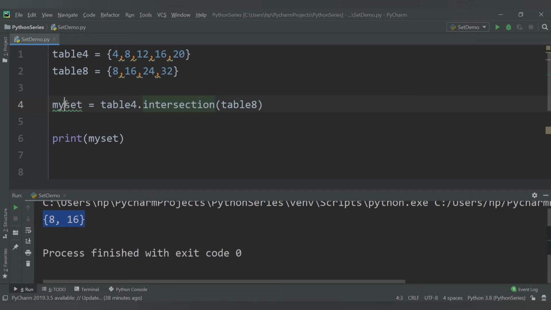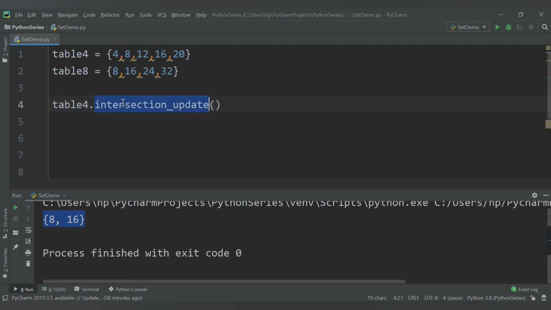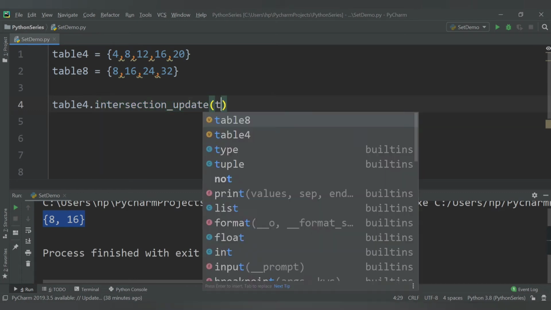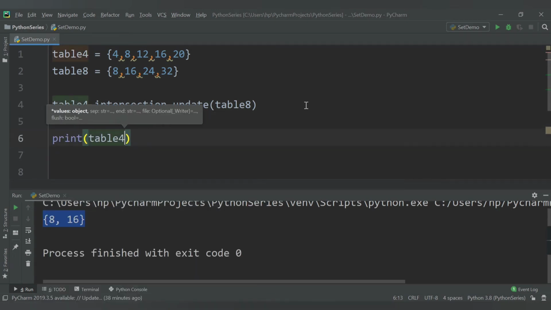What if I don't want another variable, and want the result in table 4 only? There is another method, intersection update, which works similar to intersection, but intersection we use when we are using some extra set, like we were using my set. Now table 4 dot intersection update, we provide table 8, and if we print table 4 now, it will contain only the two values.